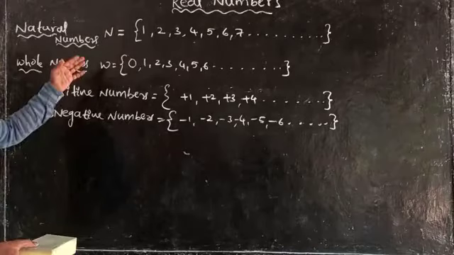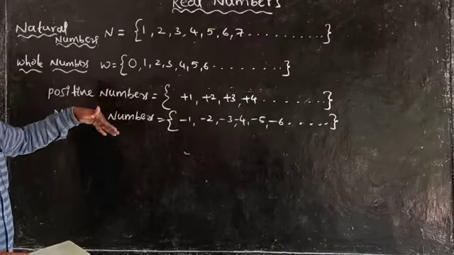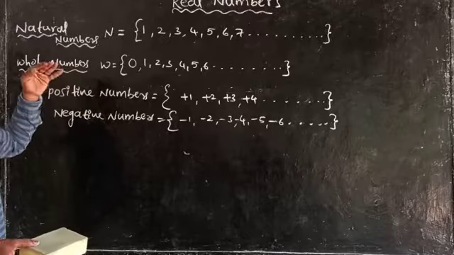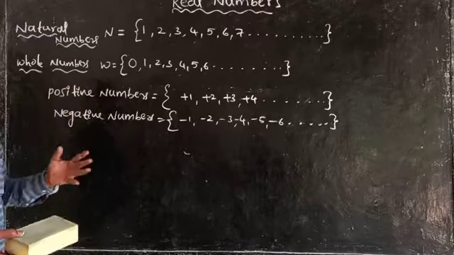So these are all different types of numbers. In our daily life we use them in different situations. But they have some names and they are divided into types of numbers.